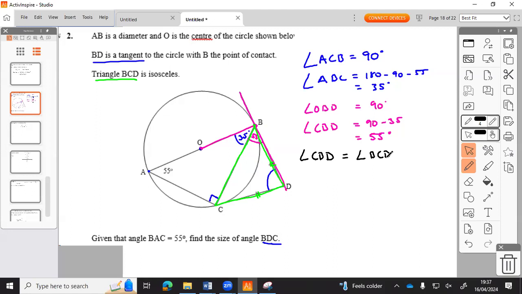So PCD and CBD equals 55. The two bottom angles equal 110. So angle CBD plus angle BCD is equal to 110 degrees. That leaves me angle BDC, which is 180 minus 110, which is